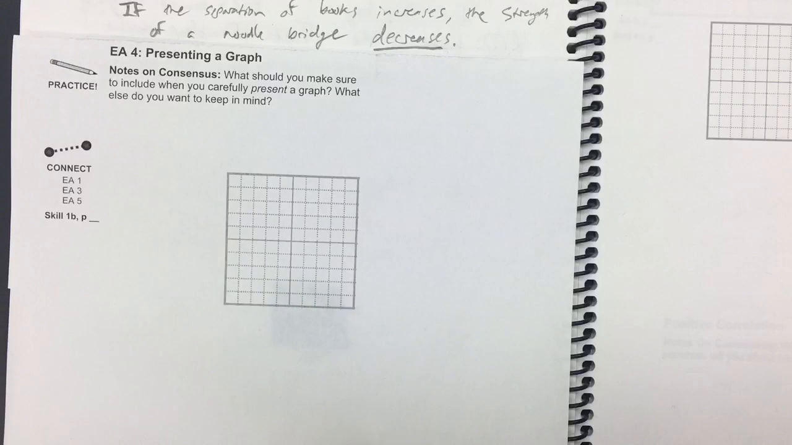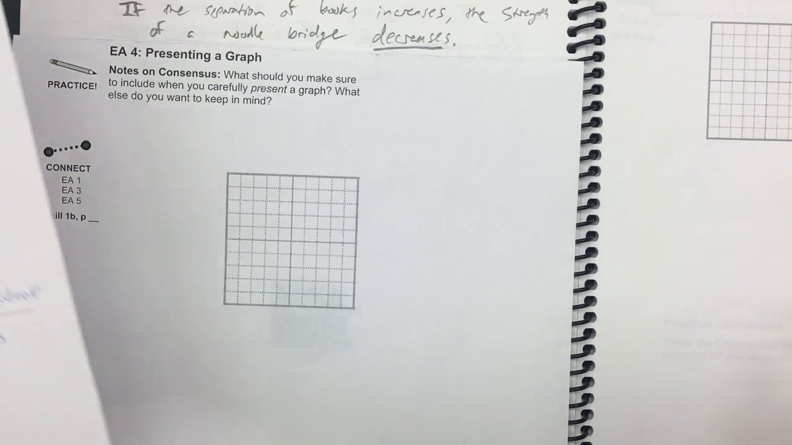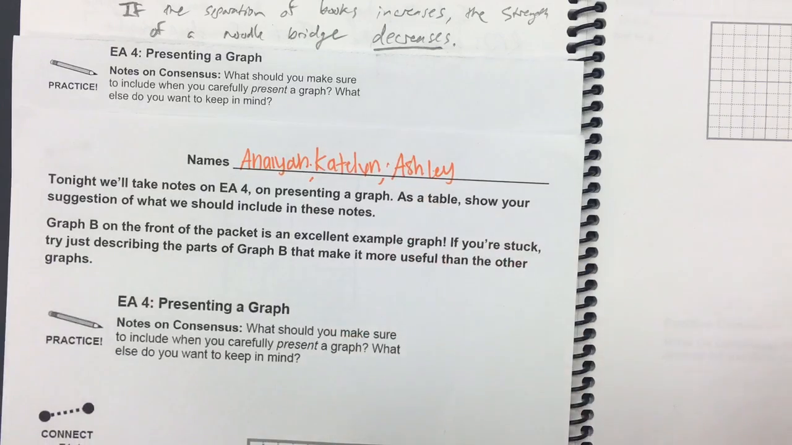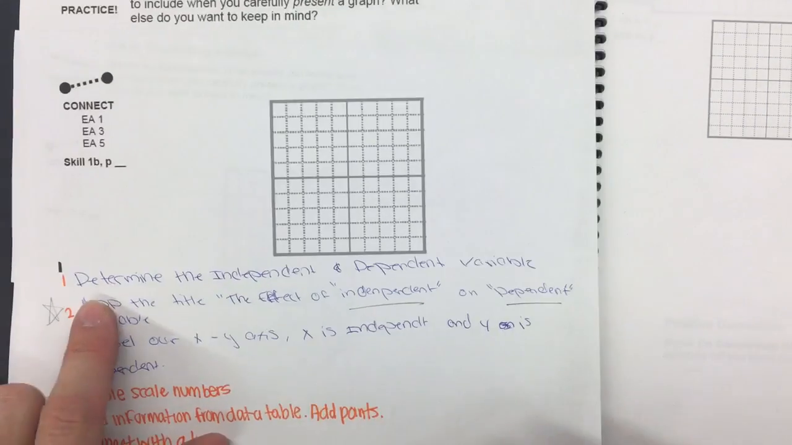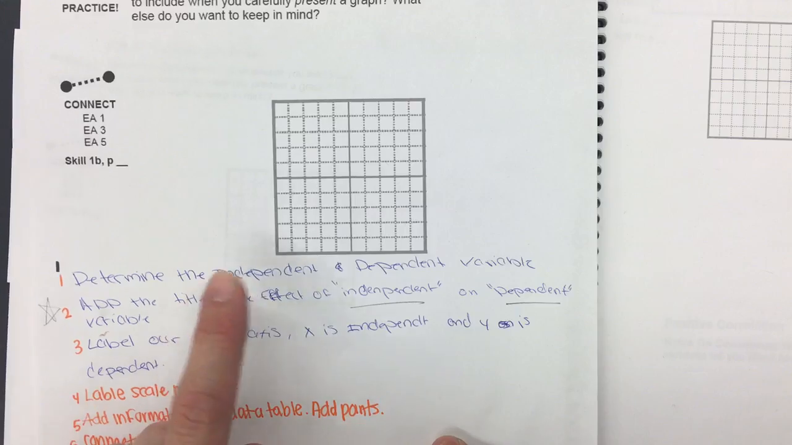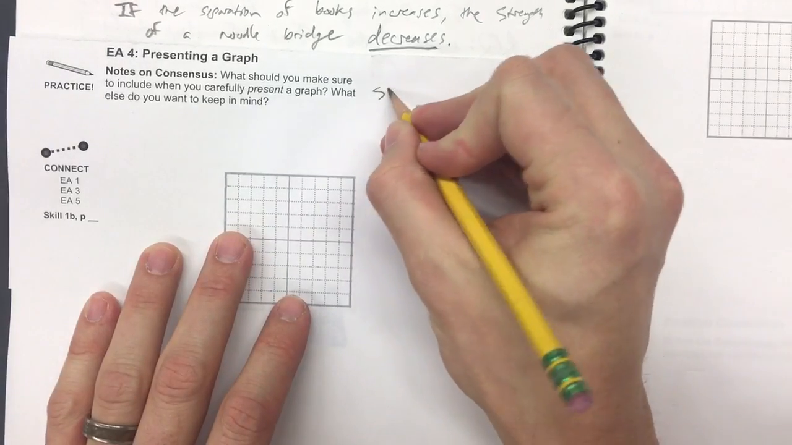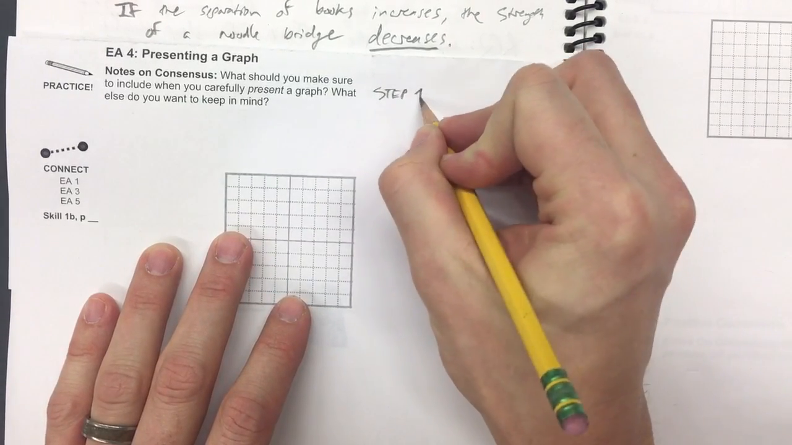So we're going to use EA4 to describe to ourselves how to make those graphs. And we had a lot of good suggestions from students on how to do that. We're going to start with Anaya, Caitlin, and Ashley from period 1. And I really like that they had basically step 1. They said determine what the independent and dependent variable are for the experiment. So I'm going to say step 1,